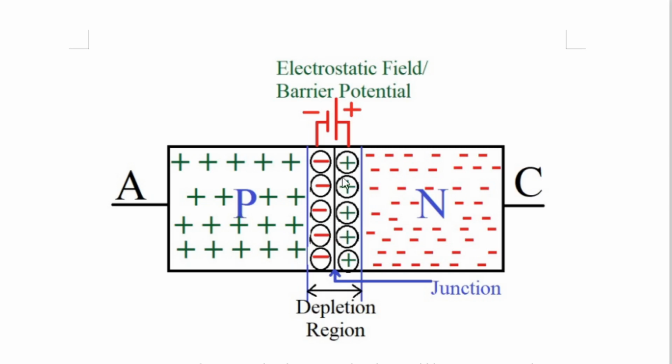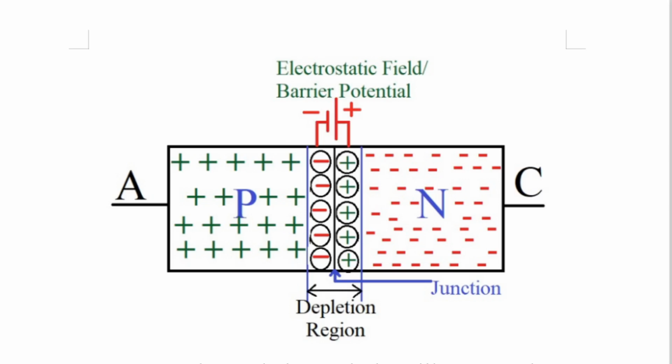And because of the migration of electrons, on the left hand side the atoms, upon gaining electrons, have increased negative charge. Therefore these are the atoms that have gained electrons, and their negative charge is marked by minus, minus, minus. And the atoms on the right hand side, those that have lost electrons, have decreased negative charge, leading towards positive charge, so plus, plus, plus. In this way the barrier potential is developed, and the magnitude of this barrier potential in the case of silicon is 0.7 volt.